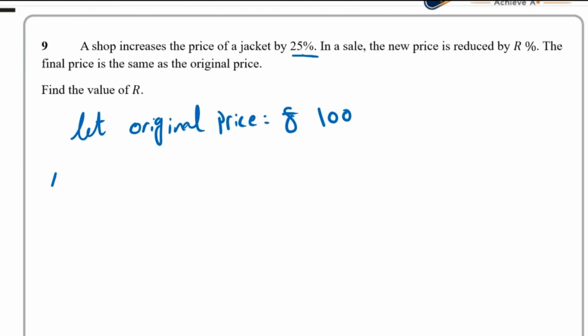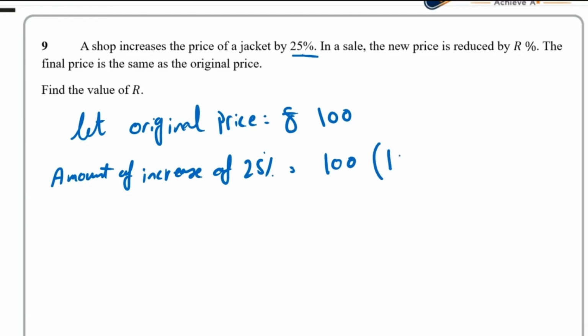So the amount of increase of the price, an increase of 25%. We use the multiplier here. So this is the original price, 100, that's what we assumed, times the multiplier, 1 plus or 1 take away. If it's an increase here, that means it's plus. So plus 25% means 25 divided by 100